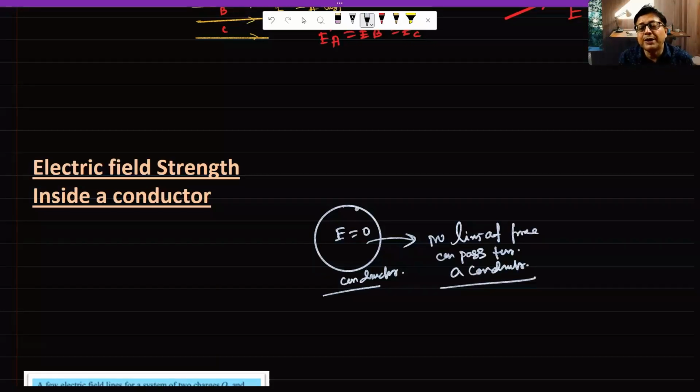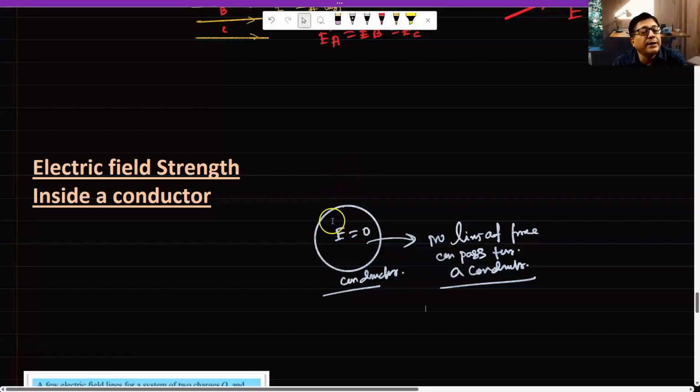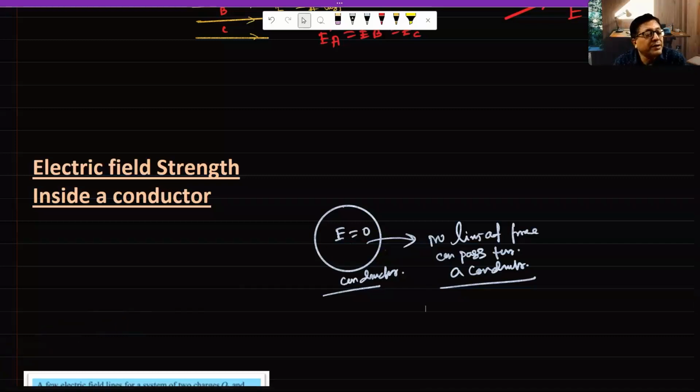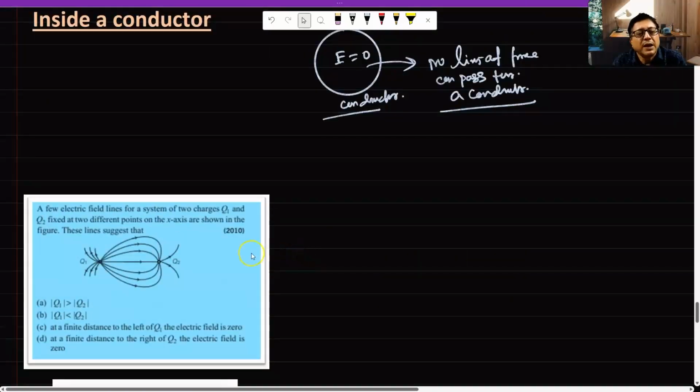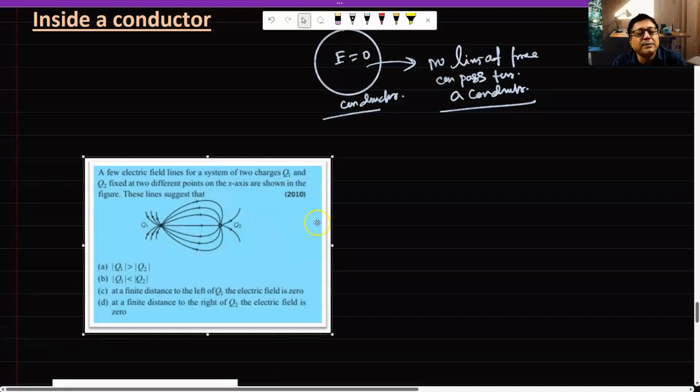So actually, the existence of field lines is the existence of electric field strength over there. For non-zero field strength, at least a line of force will be there. Okay. Now let us discuss some problems which appeared in previous years' JEE papers, like few electric field lines for